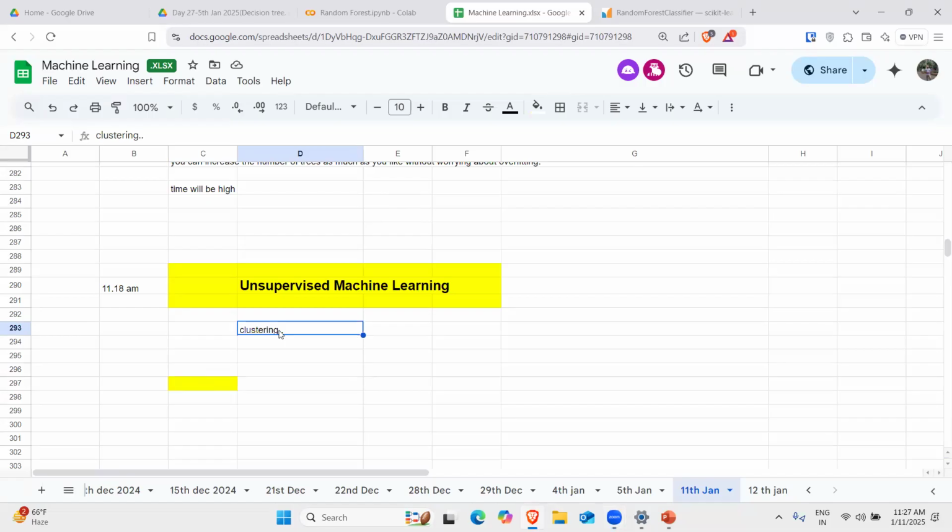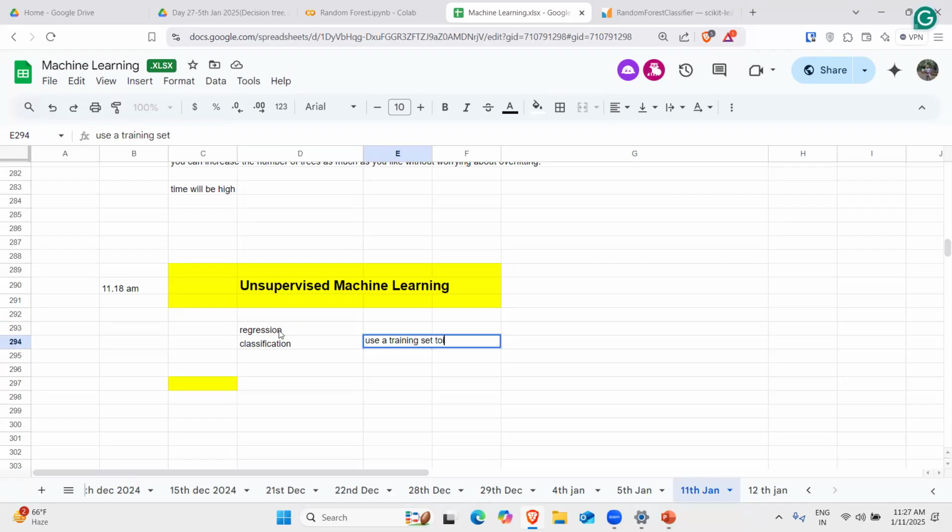In the last module, we have seen supervised learning, in which we have seen regression and classification, right? These techniques, regression and classification, use a